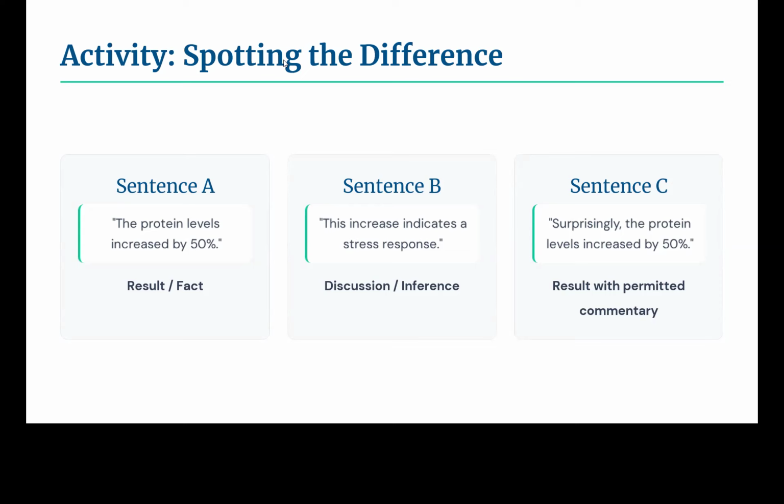I'm getting votes. I'm not going to comment on them. I'm asking which fits your results section.